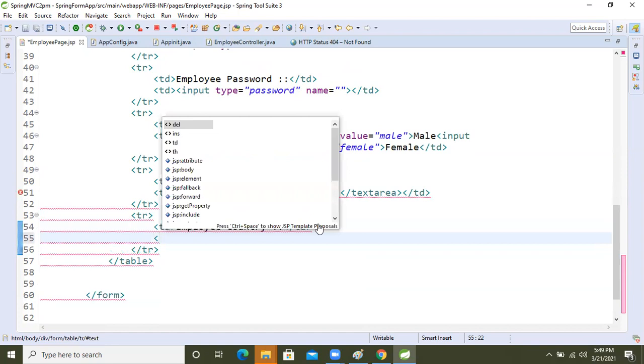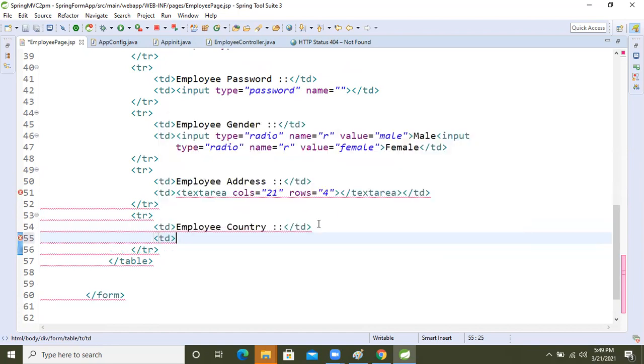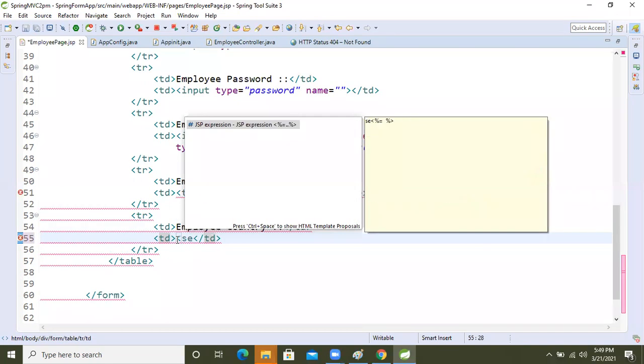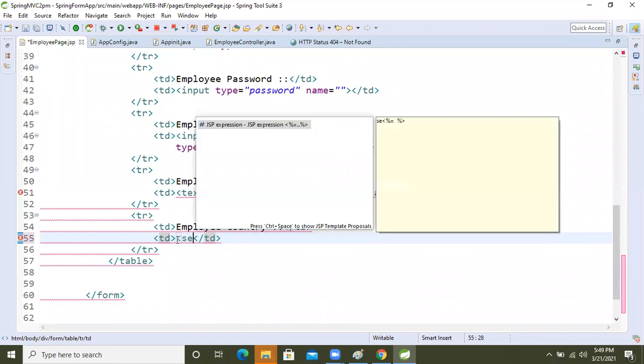So how can we write it? Again TD, we will take the TD. Inside that TD, we will take the selection. So how can we take it? We will take the select tag.